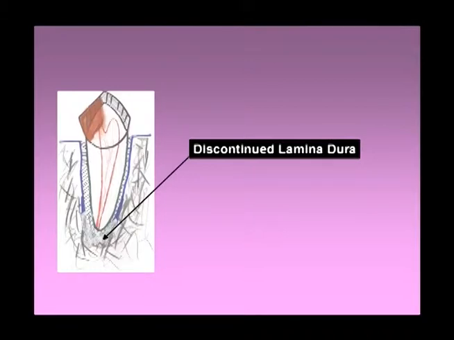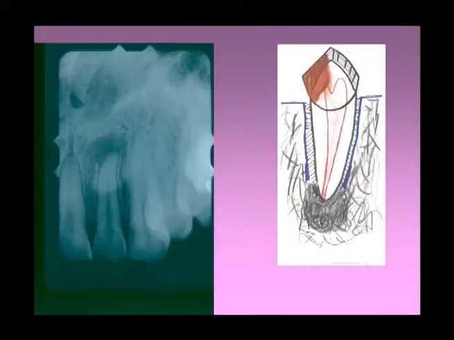You can see individuals where the lamina dura appears on teeth as being very thin. It is a good idea when assessing and interpreting these areas that one looks at the lamina dura of adjacent and accompanying teeth to see exactly what the general appearance of the individual's lamina dura is. Here we see a radiograph compared to the diagram, and it very clearly shows that we have a discontinuation of